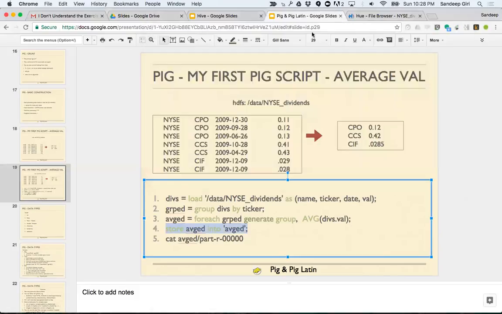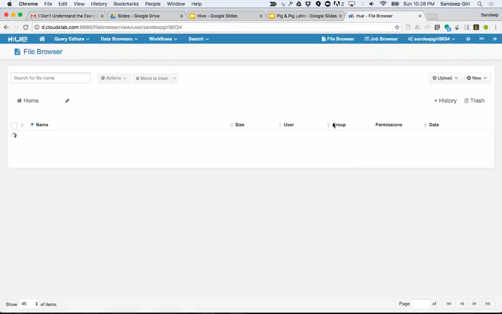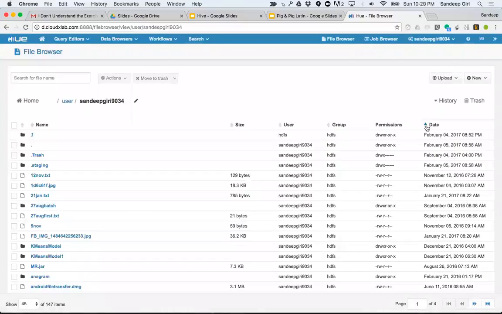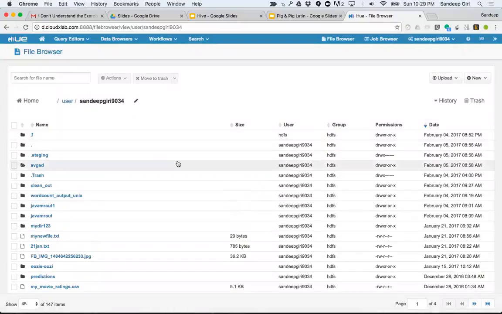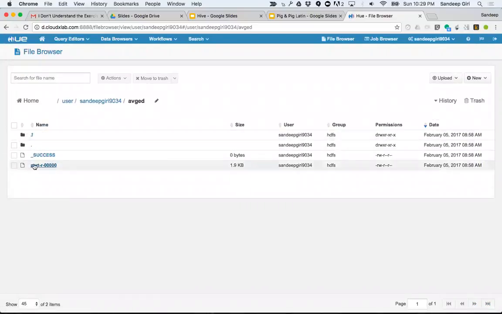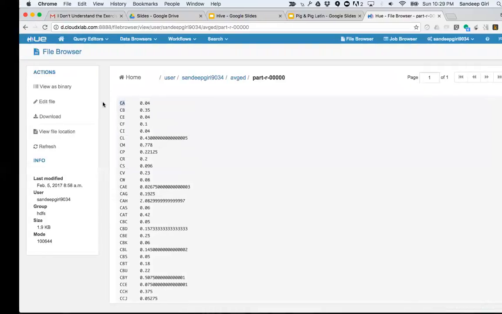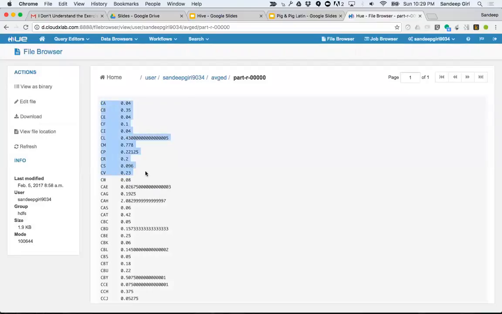Let's take a look in Ambari. The way I'll do it is I'll click on home, sort the data by timestamp, and then you see there is this average folder created recently. It's exactly in the same format as our MapReduce. And here is the average value of the stocks. You see,